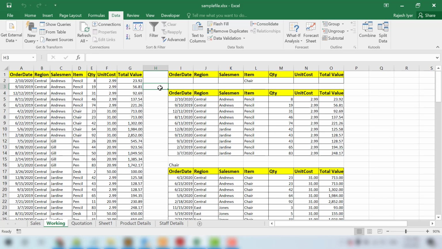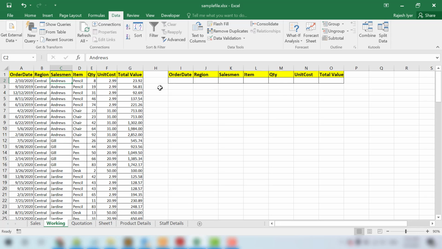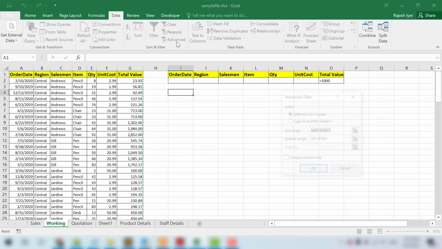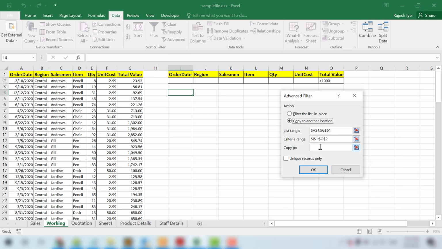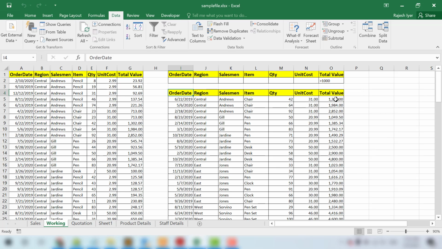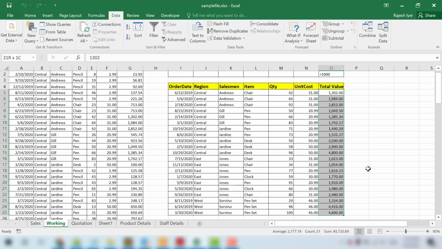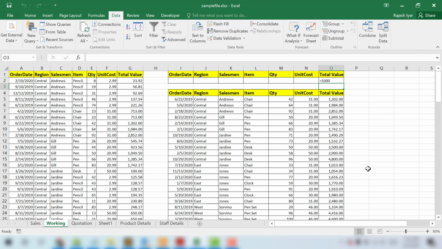Okay, let me delete this. If we have to apply some other filter, for example, I want to know wherever the value is greater than 1000, I can write down here greater than 1000. So now let us try to apply filter. This also will work. Now copy to a new location. Now this is my new location and I can enter this. So wherever the value from this table is greater than 1000, it is filtered out, and that will all be copied in here. This is another way of doing it. So say for example, if we have some price buckets, we can use this kind of filter to segregate the data based on price buckets.